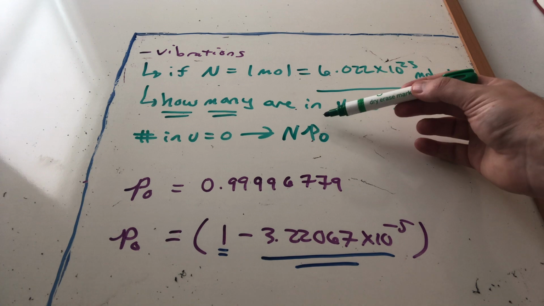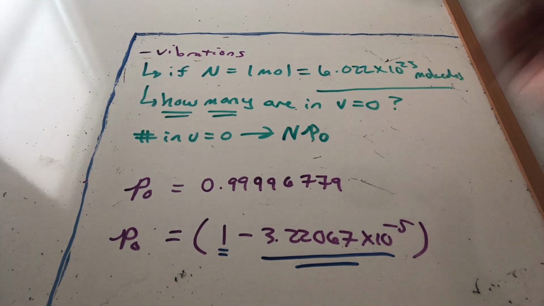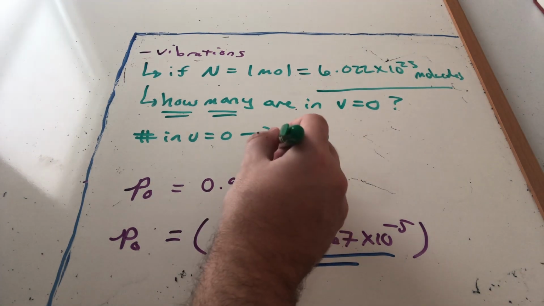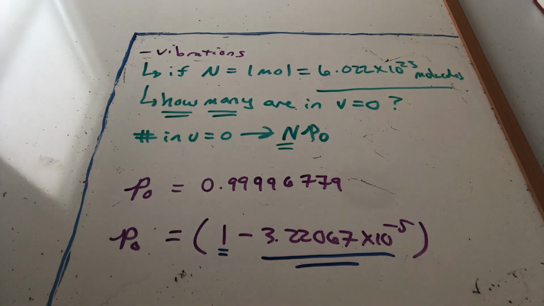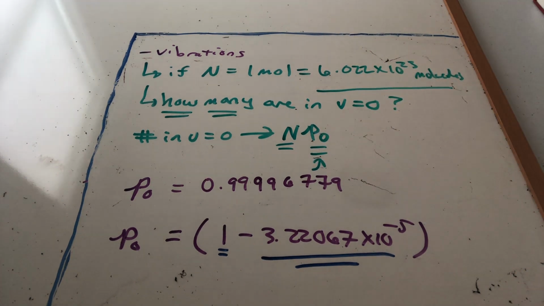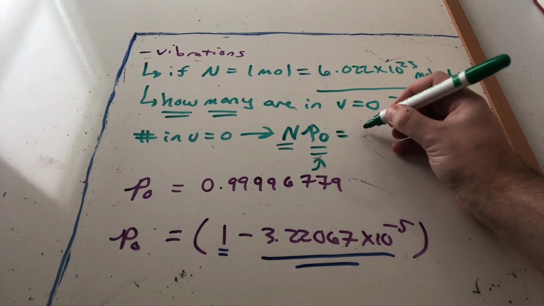What fractional part of the whole ends up in that 0 state? So we can just do that math here. We can put 6.022 times 10 to the 23rd there. We can use P0 as a multiplicative factor that tells us how many of those molecules are actually there. And what we get out is